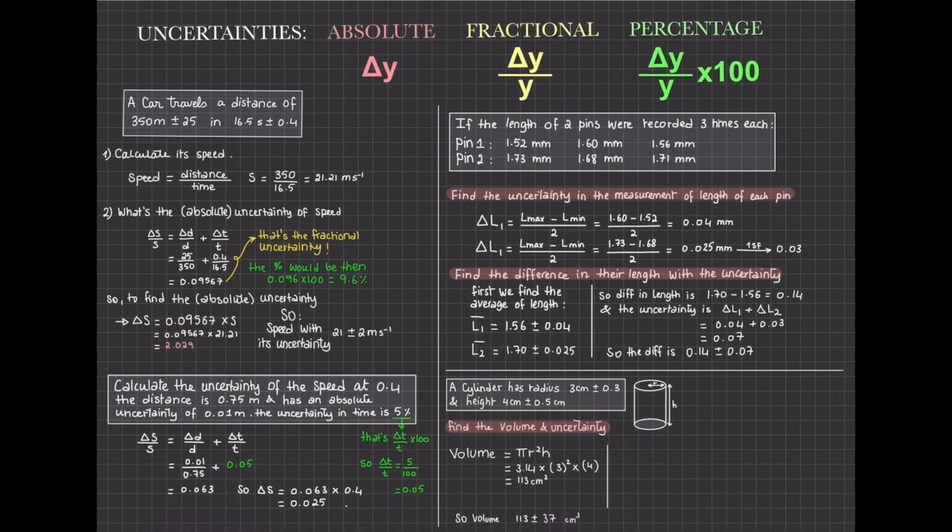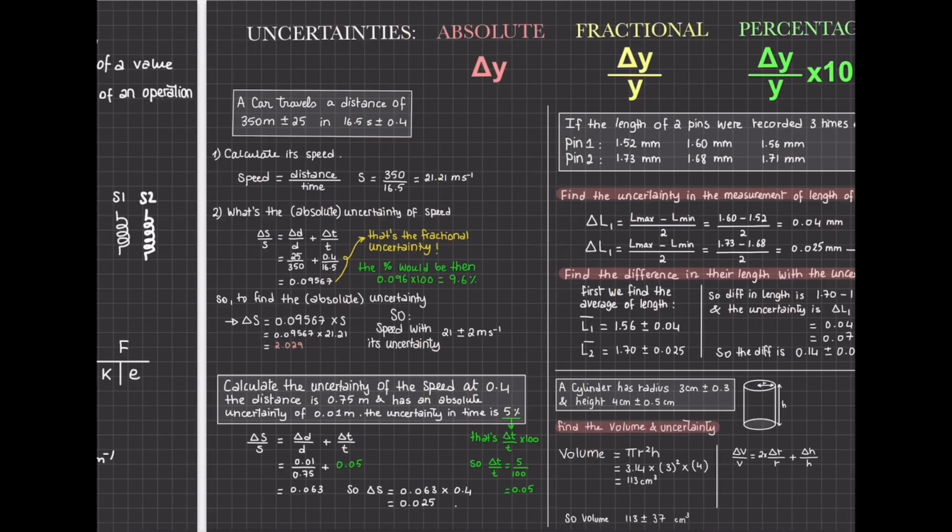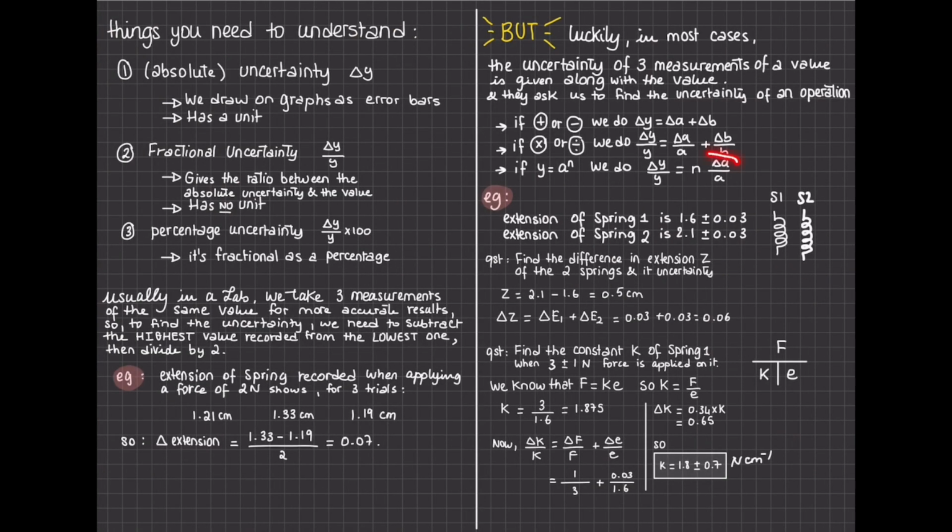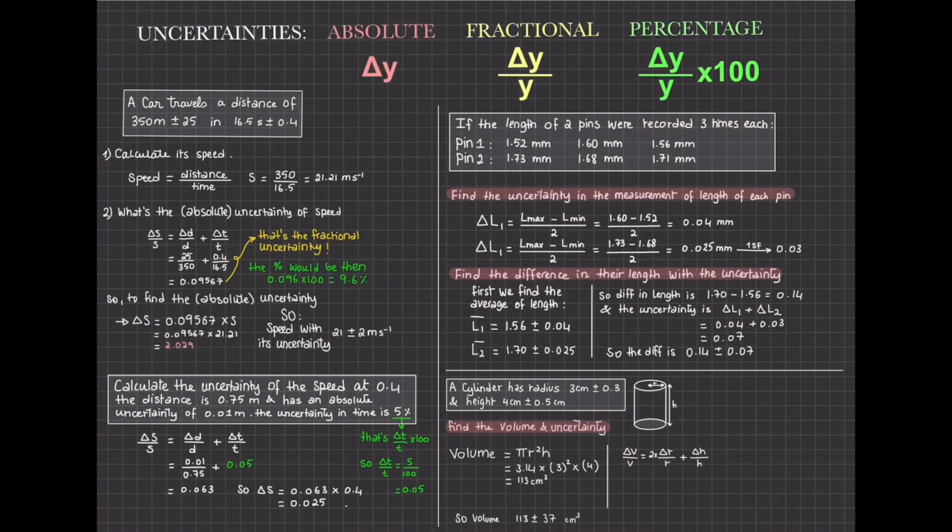Now for the uncertainty, you say that the uncertainty of V over V is equal to, since this is to the power of 2, we have to apply the third rule, this rule, if you remember. Okay, so 2 times the uncertainty of R divided by R plus the uncertainty of H divided by H. And you substitute the values, you'll get